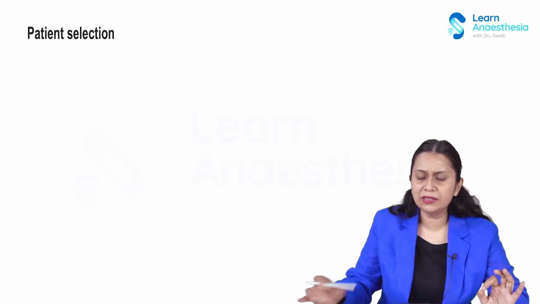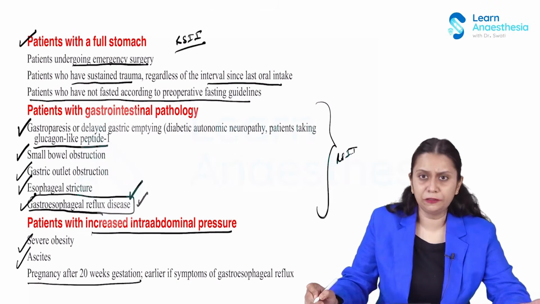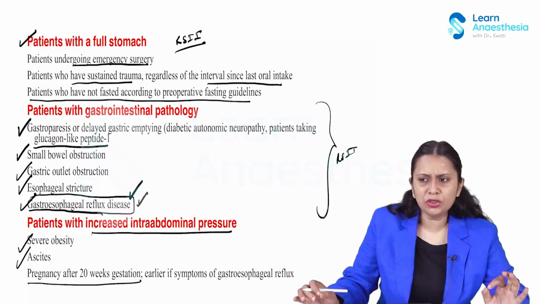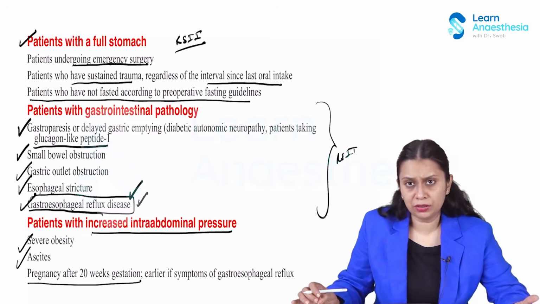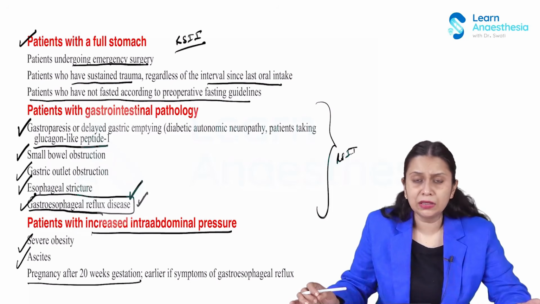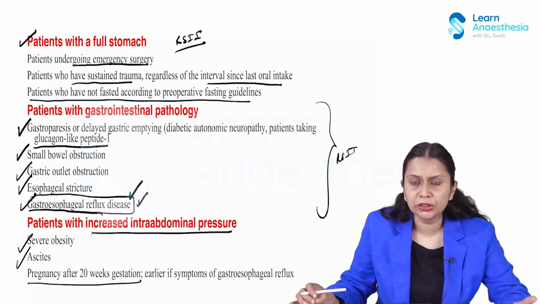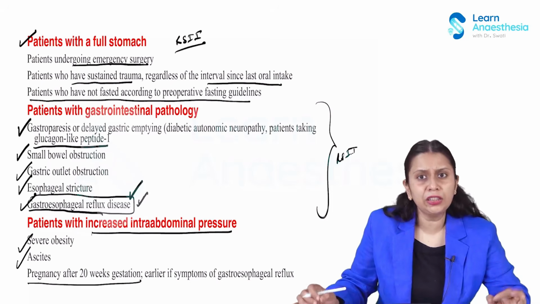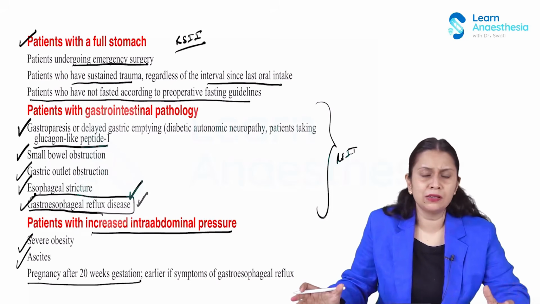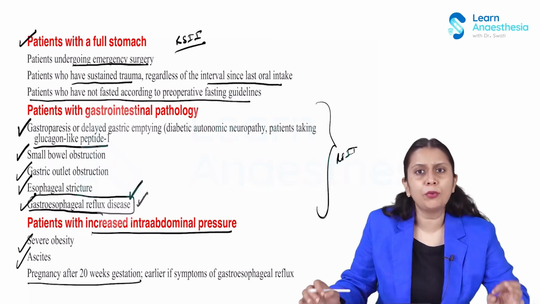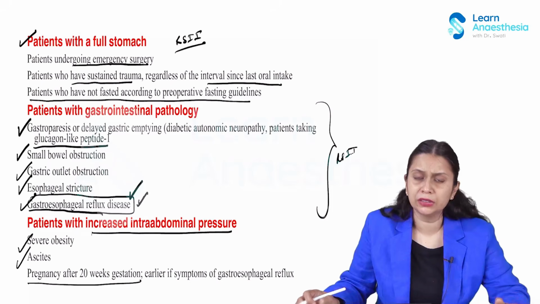So how do we select a patient having gastroesophageal reflux disease clinical features? When we do the PAC, we should ask, do you have a history of heartburn, or do you take any medications to prevent these heartburns or dyspepsia, or do you have a history of regurgitation? If a patient is having active symptoms of gastroesophageal reflux disease, in them we can consider RSII. Or if a patient is on proper medication or is a properly diagnosed case of gastroesophageal reflux disease, we can